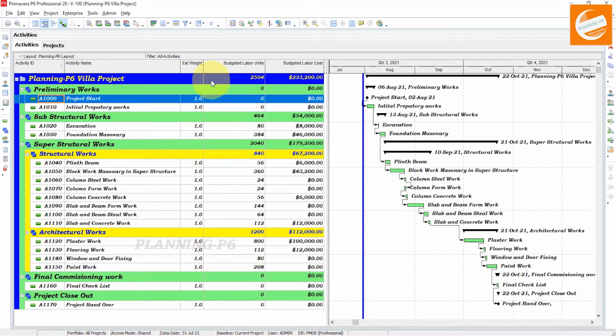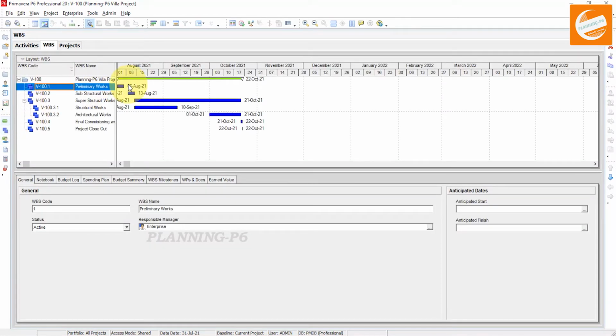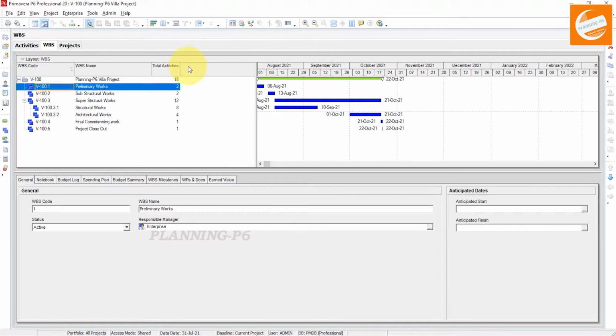Now we will add the same column in our WBS. If we don't add it, then the WBS's total man hours will be equal. Now we will go to our WBSs. Here, Project WBS, open it, and you can see here the WBS.